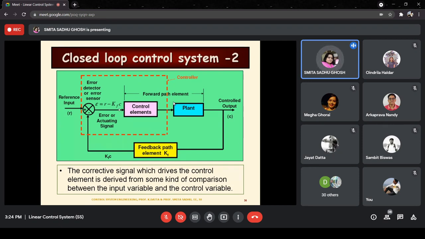And that is the way all feedback systems with a negative feedback act. So when we have a negative feedback like this, the corrective signal will be the driving signal for the plant. If there exists no difference between the two, R and KFC, then the corrective signal would become equal to 0.